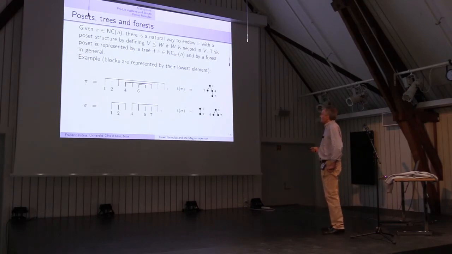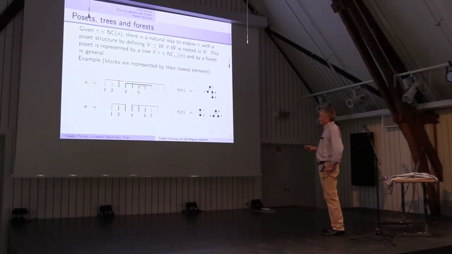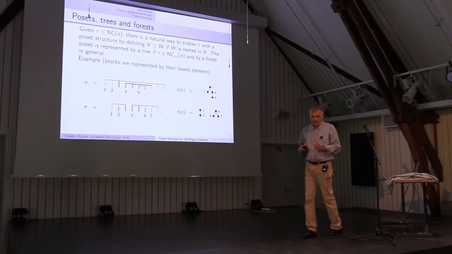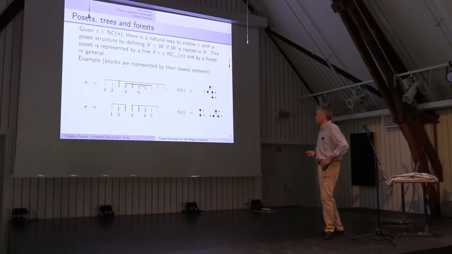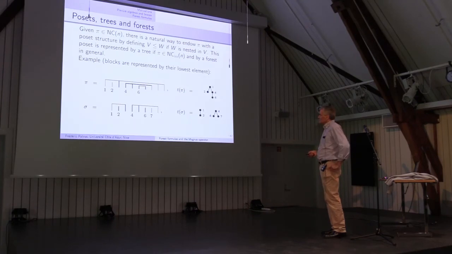So a bit of terminology. These are the non-crossing partitions. A non-crossing partition is irreducible if the first element of the set of integers you partition and the last element are in the same block. So this is an irreducible partition. Boolean partitions correspond to the case where in each block you have only successive integers. So you cut your set of integers, in a certain sense, into combinatorially connected pieces. This is an irreducible component of a partition. This is another one.